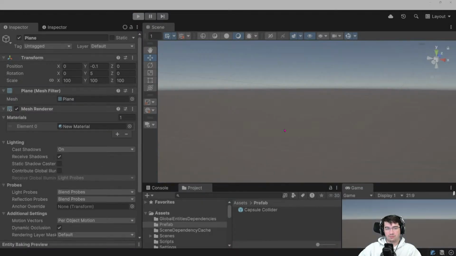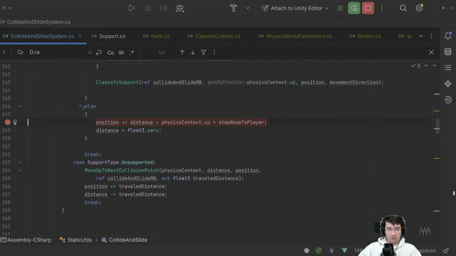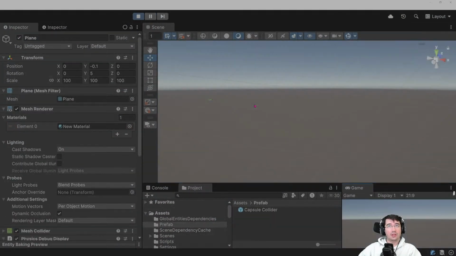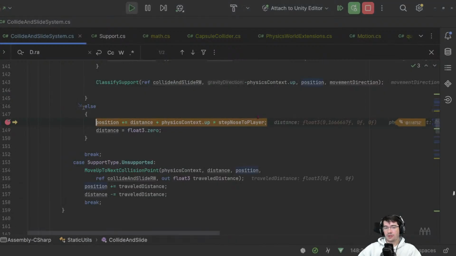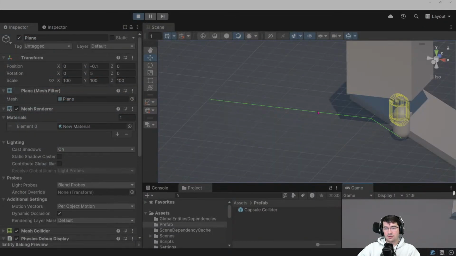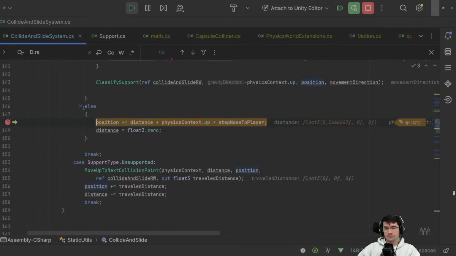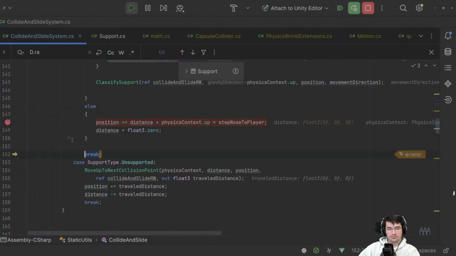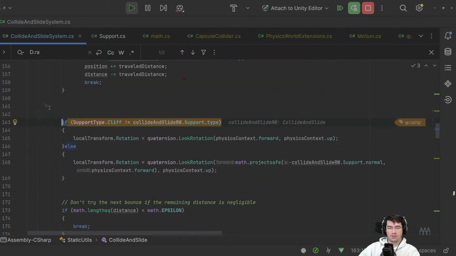And I remove the breakpoint. Try again. Okay, so my initial position is 0 basically. So let's actually. So we agree that